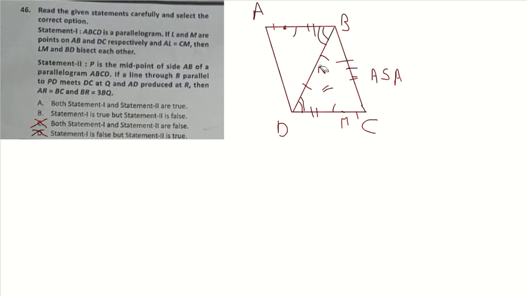Let me just draw the figure without erasing the parallelogram. Alright, so P is the midpoint of AB. If a line through B parallel to PD, so when we join PD,